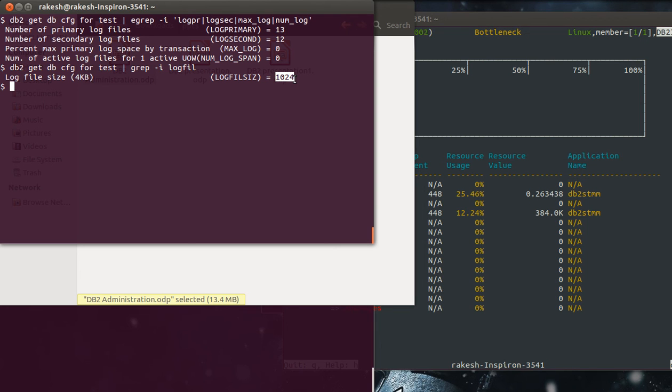Now for example, I have set the log primary to 100 and log secondary to 100 as well, so I have a total of 200 logs. Now max_log, what it does is you can define a value in percentage. Now for example, if I give 90, max log is set to 90.